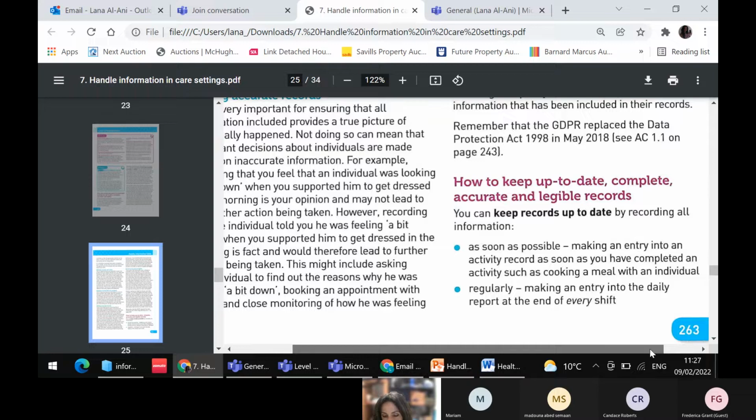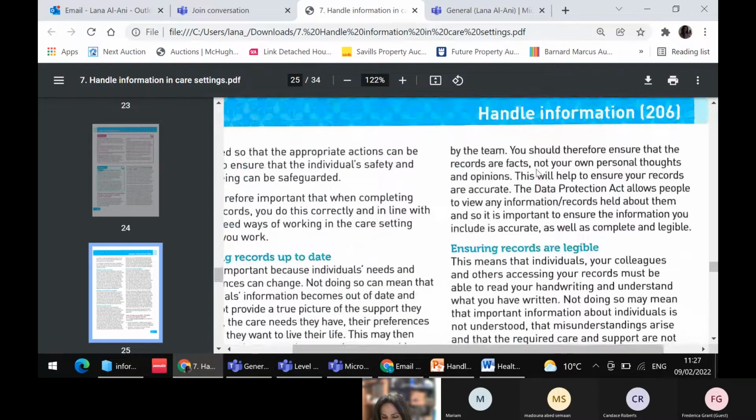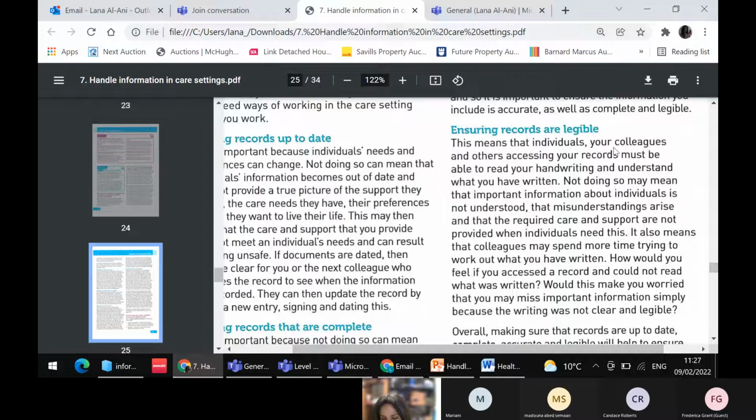And also regarding ensuring records are legible. This means your colleagues and others accessing your records must be able to read your handwriting and understand it. So when you write, you need to write carefully so they read it, understand it, and follow it through. If you write something not very clear, they might start wondering what is that, and then